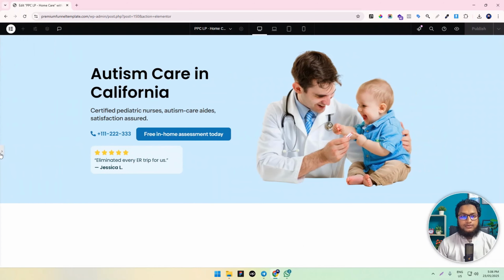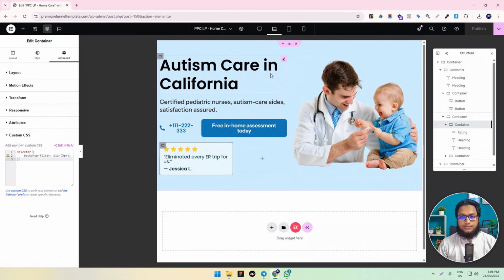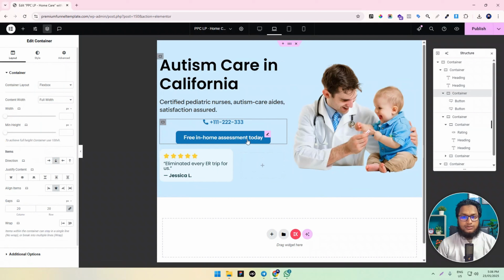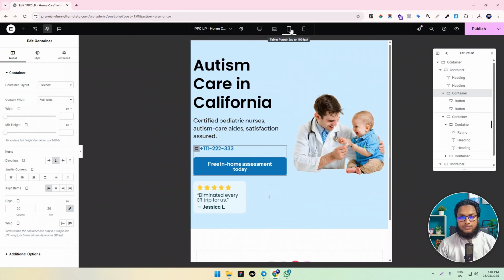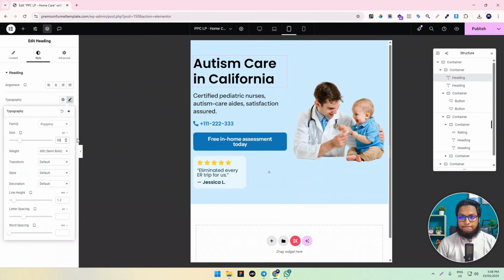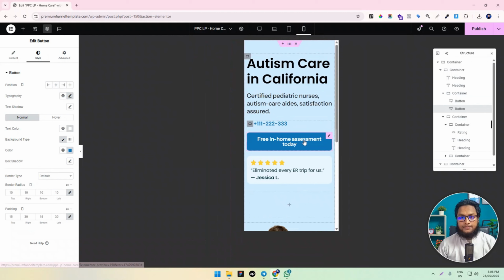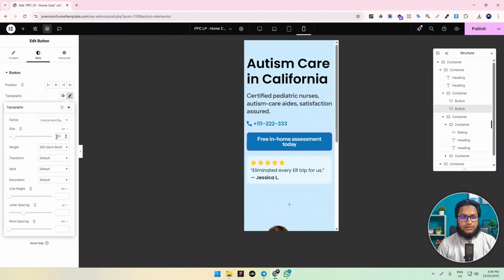Yeah, now it looks like this. Let's fix the responsive share. We can make it like this, a small screen, tablet, just to reduce the font size like 50. Mobile, let's decrease the font size a bit more, 18 and